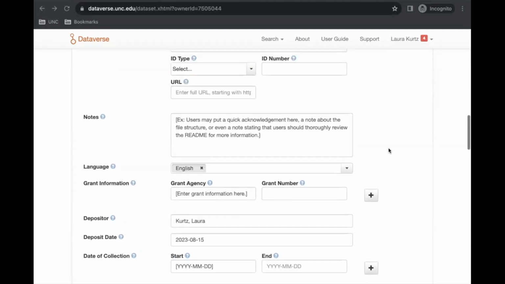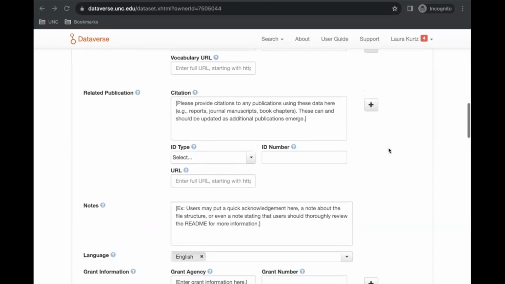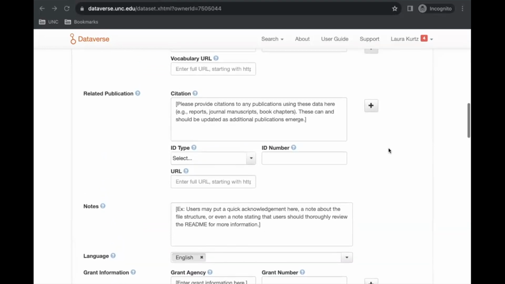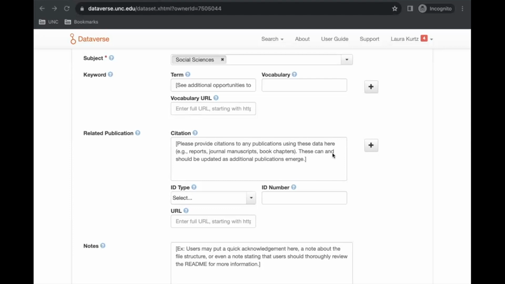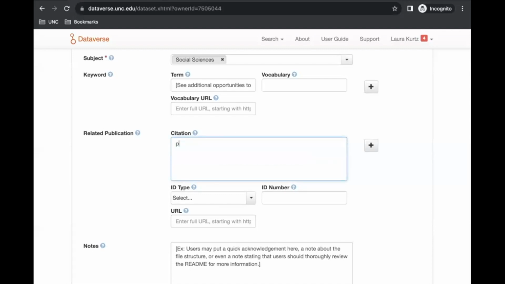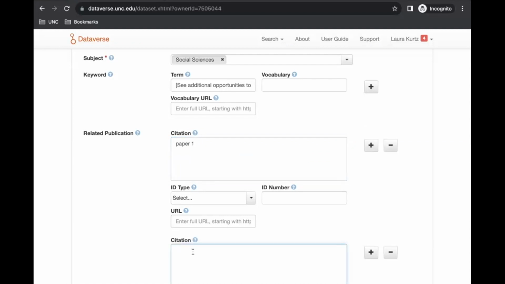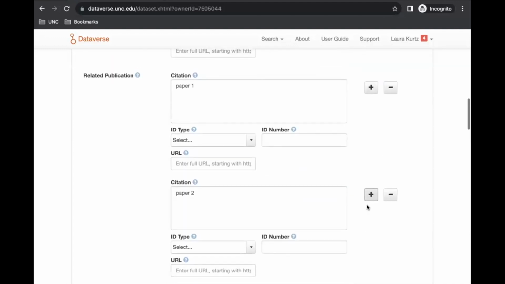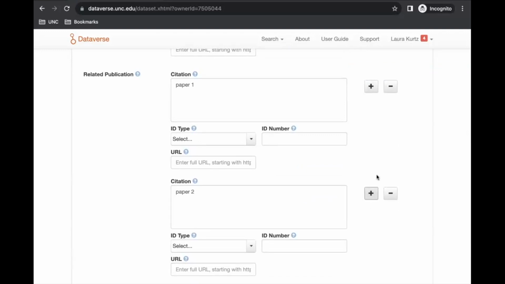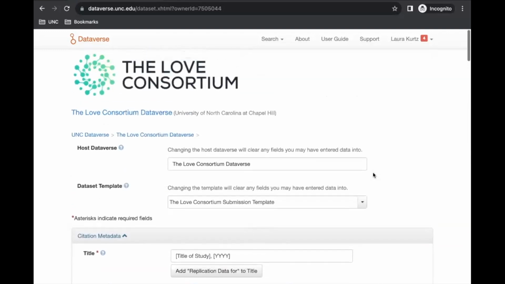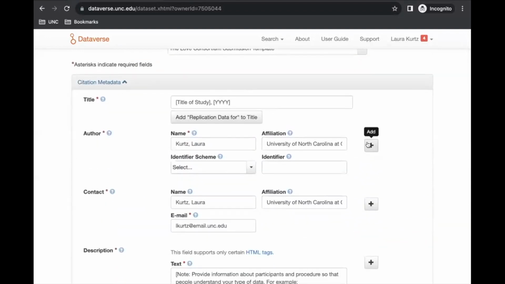For any fields that include a plus sign to the right, you'll want to add responses one at a time. So if, for instance, you published multiple papers using your data, you'll add the information for your first paper here, click the Add button, and provide information for your second paper, and so forth, adding as many additional fields as needed. This is also how you can add other co-authors to your data record here up at the top,